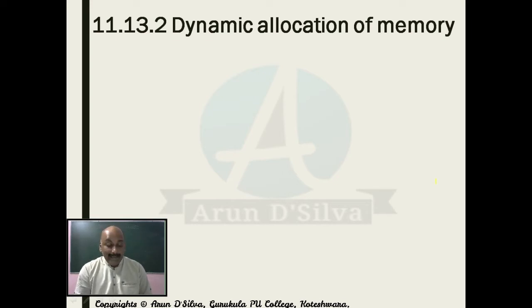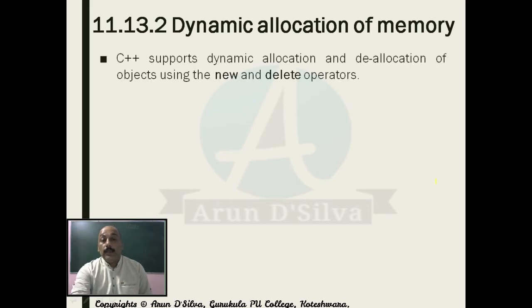Now we'll see dynamic allocation of memory. C++ supports dynamic allocation and deallocation of objects using the new and delete operators.